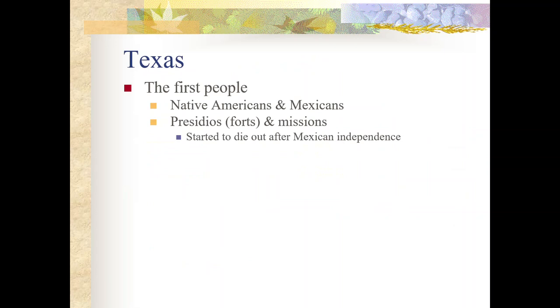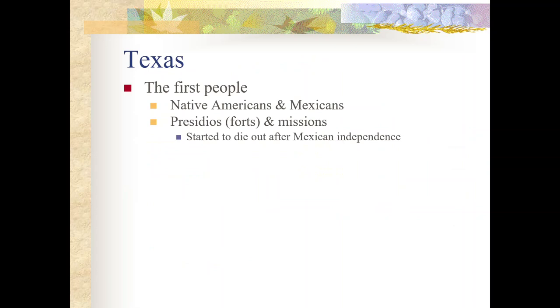The Mexican citizens there, known in the Texas territory, were known as Tejanos. So the Spanish had set up missions, so large land plots that would manage territory. Oftentimes Native Americans were forced to stay on the missions as laborers, so essentially as slaves. And then local forts or presidios were set up to protect those missions, especially in those northern territories of Texas, far away from the central hub of what will become Mexico City and the capital of Mexico.